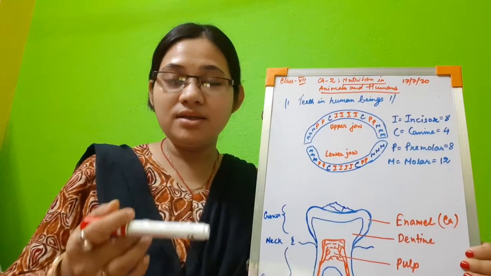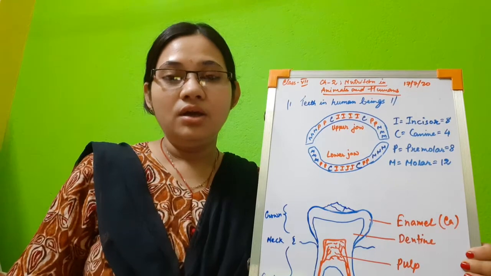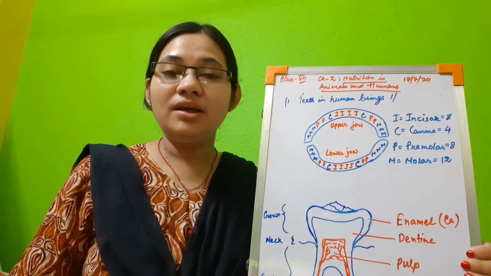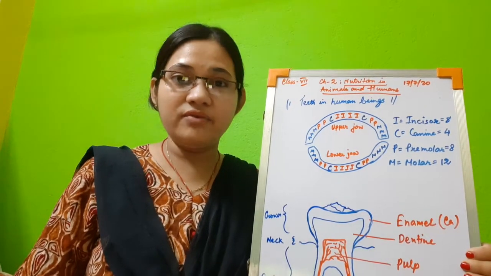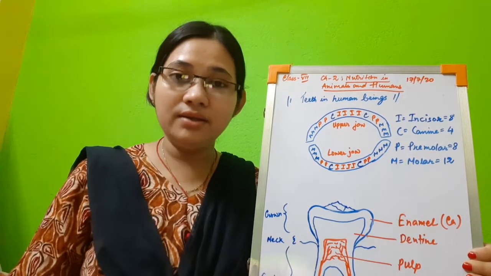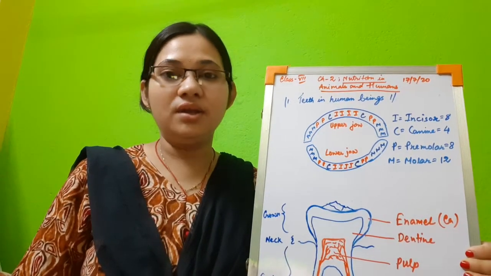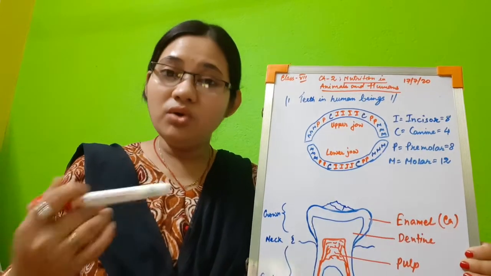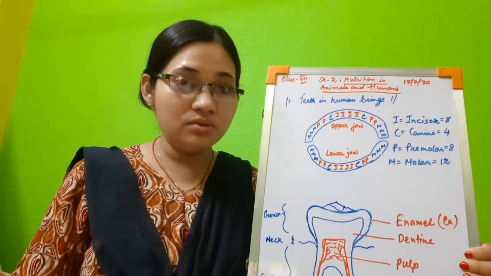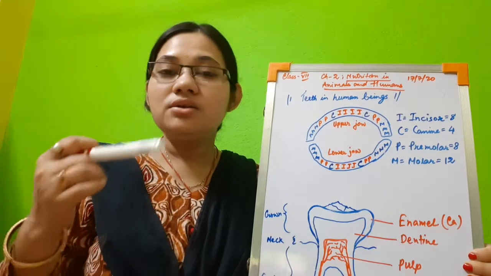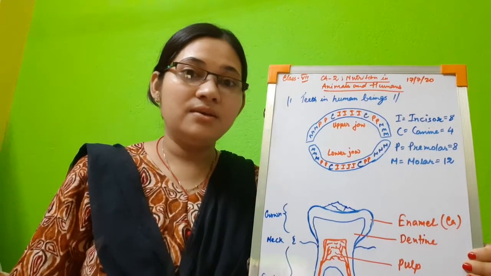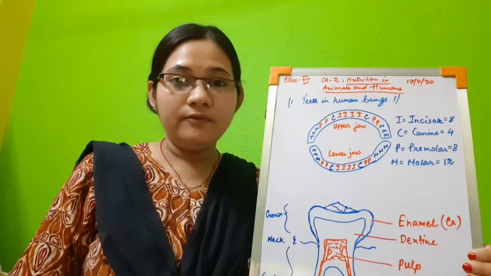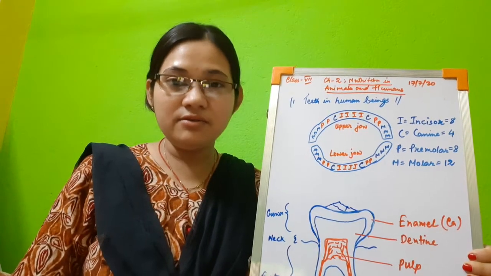Also, we should eat self-cleaning food, like lemon, radish and carrots, which keep our teeth neat and clean. So self-cleaning foods clean our teeth. These are the do's. Some don'ts are things that we should not do. We should not eat sticky and starchy food, because sticky and starchy food sticks